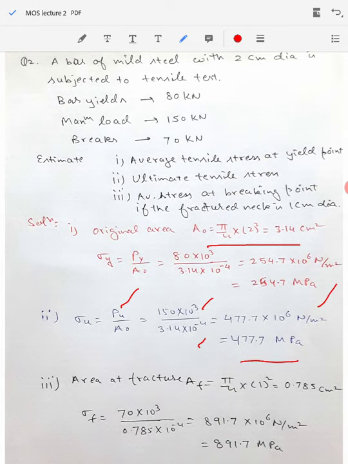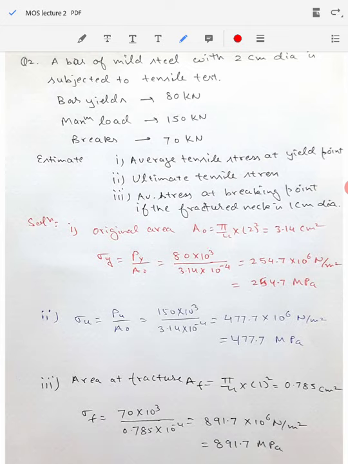Now the last thing is to calculate the fracture stress value. As in this question you are already given the new diameter because of the necking, that is 1 centimeter, you need to calculate the area at the time of fracture. So you calculate this as pi by 4 d squared, the diameter is 1 centimeter, so you get a value of 0.785 centimeter square,